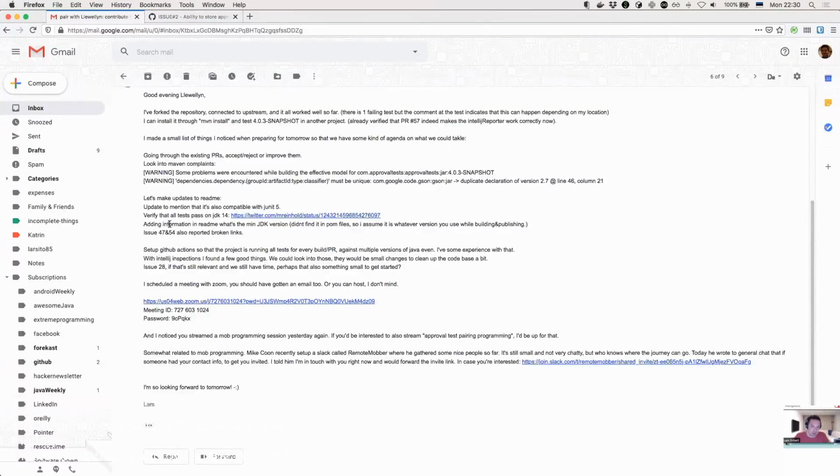As I looked up yesterday, it would be interesting to know what's the min JDK version, because it's a library which helps people sometimes to get legacy code under test, so it might be kind of good if it would be compatible with Java 6. At the same time, I think even Java 8 is kind of dated, so maybe that would be a good baseline. Would make development potentially a bit easier.